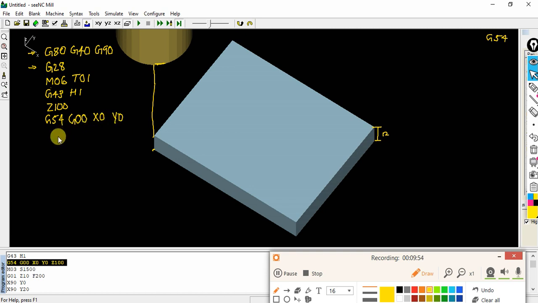Now once it is kept here, the next is you need to switch on the spindle. So switch on the spindle M03 S1500. So make sure that you will switch on the spindle. Okay, so M03 S1500. Now my initial setup is done. I have inserted the cutting tool, I have given the offset, I have positioned in the G54.